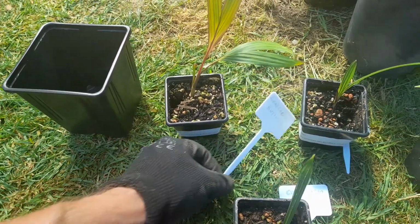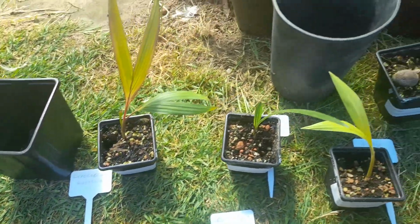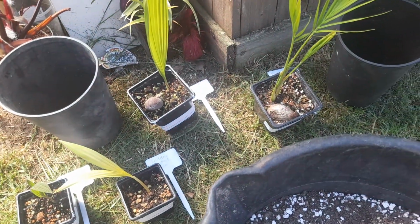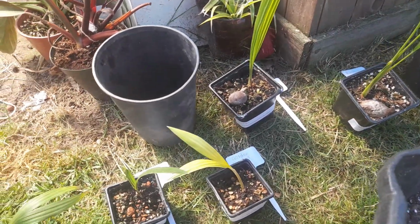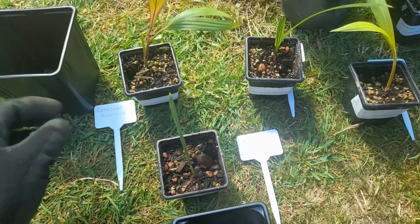So I have written out tags for all these palms, so when I pot them up I can just stick that in and jobs are good. And every up pot after that, you just whack the tag in with the appropriate plant. So